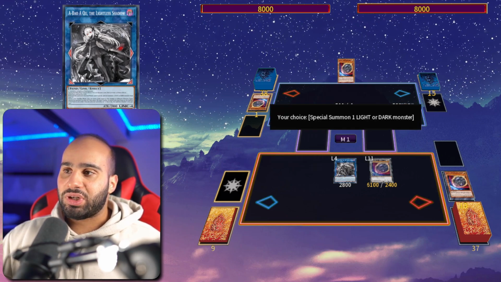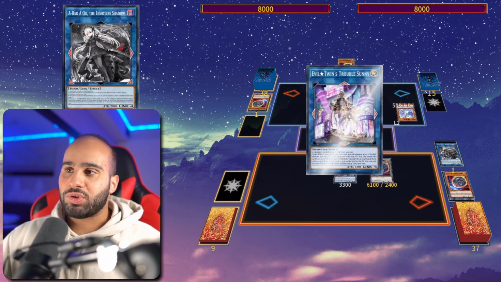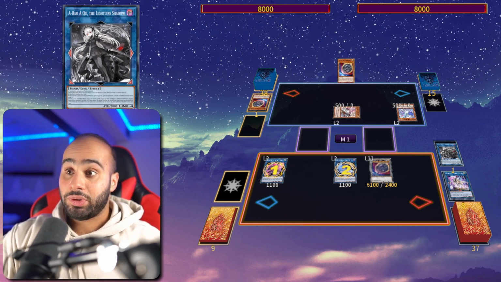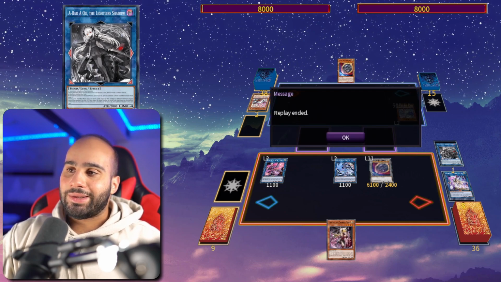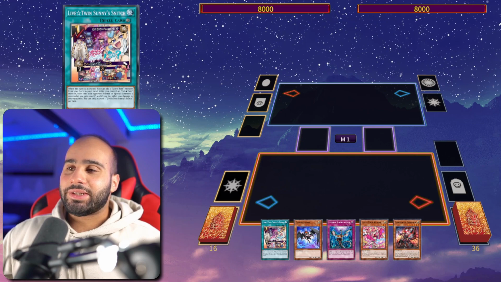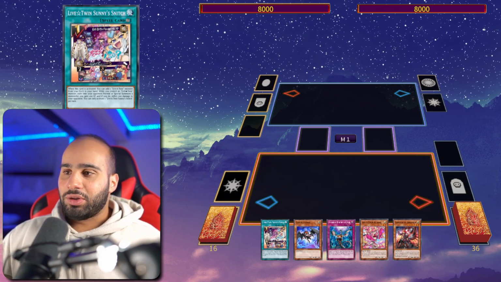So on the opponent's turn, Abawaku discards a card, revives the Trouble Sunny, and then tributes that to summon the Leela as well as the Kisikil, and then destroys a card and also draws a card. So again, that's not too bad with a 1-card combo through Nibiru. And last but absolutely not least, this is what you can do when you have a lot of extenders